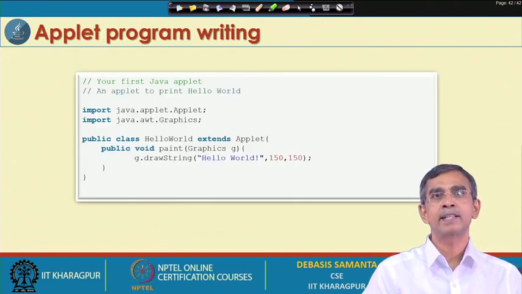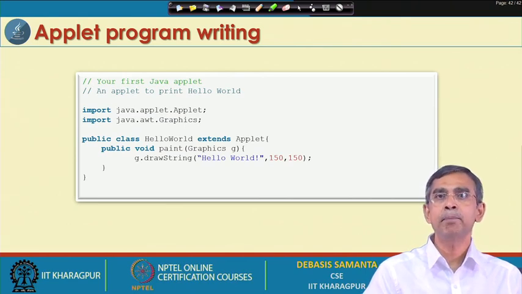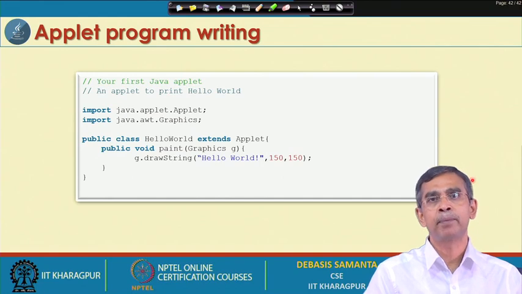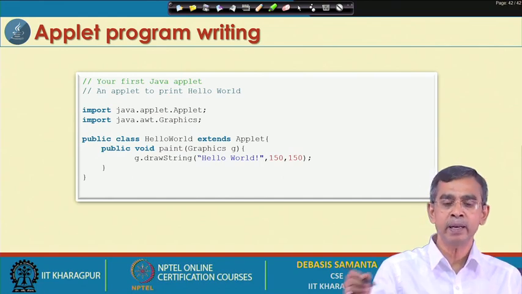Now, let us write a program for a simple applet. I want to write one applet which will display the message hello world. We have already learned how hello world can be displayed on the screen, in the command prompt, but here it will display through an applet, that means one window, and within the window the string will be there.